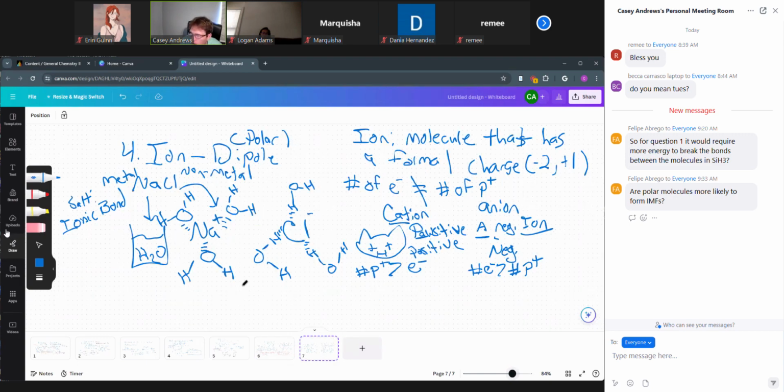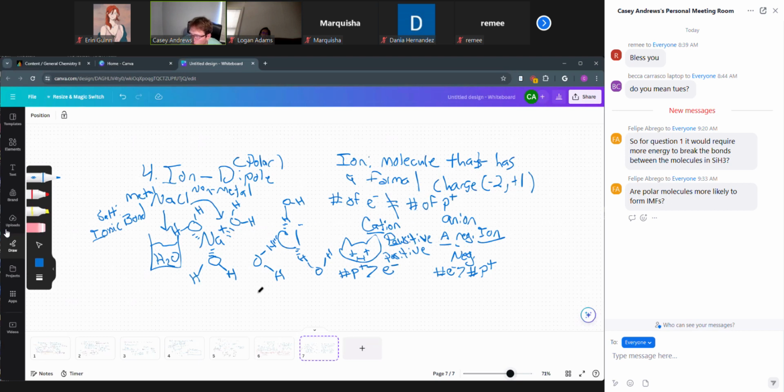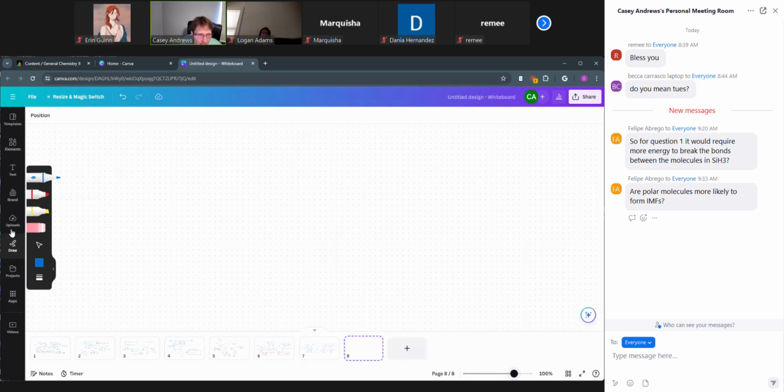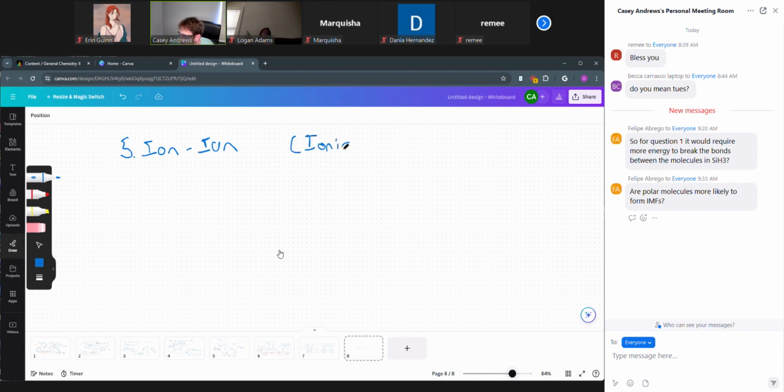The force we just talked about is the ion dipole force. This is when you mix an ion and a polar molecule. The last type of intermolecular force we can have is called the ion-ion. Or, as we just said on the previous page, this is called the ionic bond. And so I form an ionic bond when I take a metal, so sodium, and I mix it with a nonmetal,